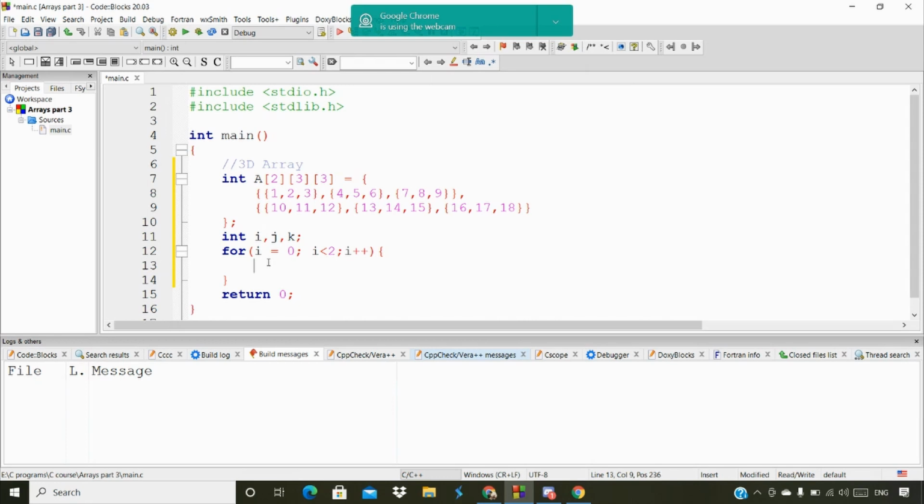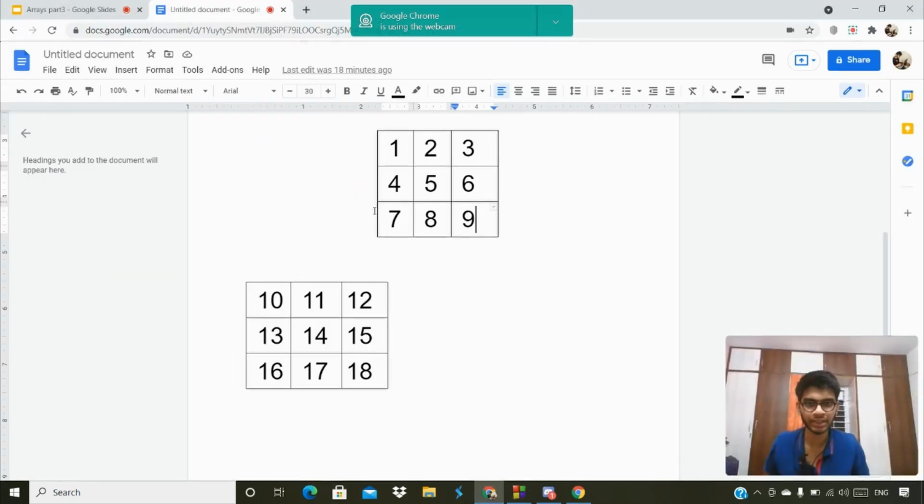In this particular for loop, we are asking the compiler to enter the particular table. So I starts from 0, so it's going to start from the 0th table and end at the first table. So we have two tables, right? Array always starts from 0 and it's going to end at 1, so it's going to loop through the two tables. That's what we have shown in our representation.